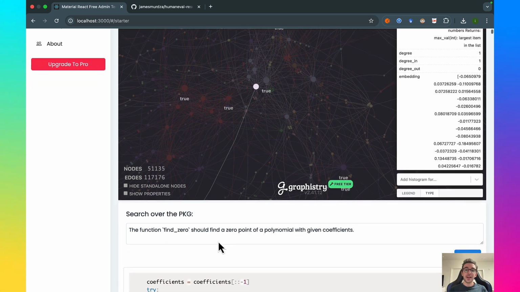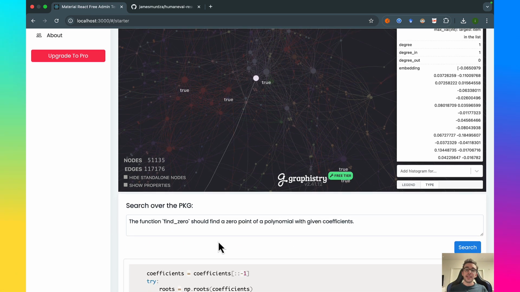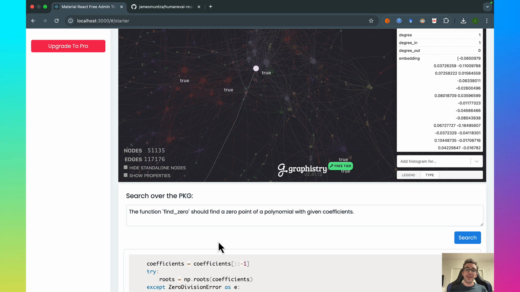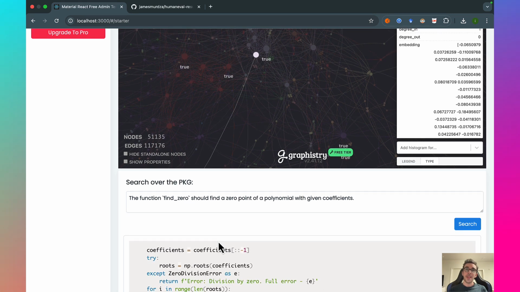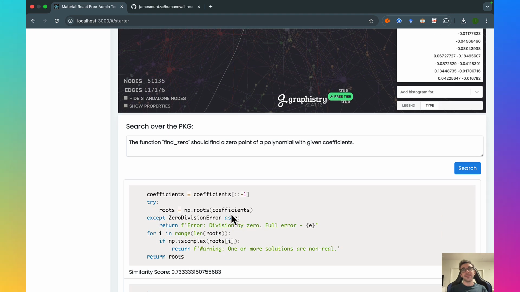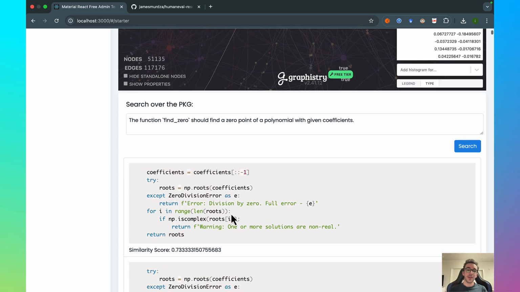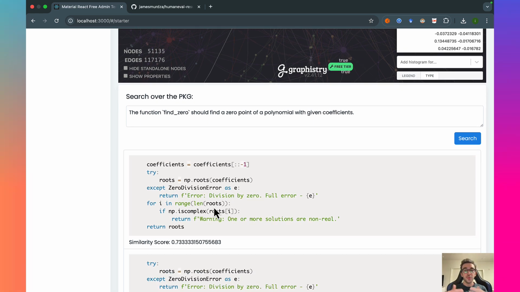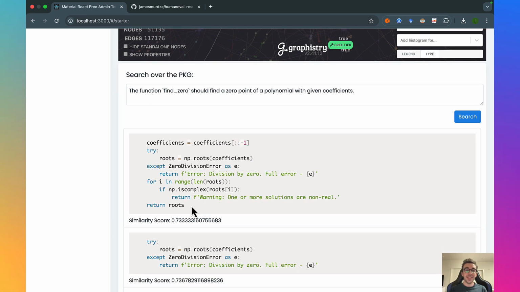But here the retrieval is conducted based on code blocks, and it tries to find the most similar path and prune the paths in the code that are not similar to the query. For example, here what we are seeing is the most similar code path out of